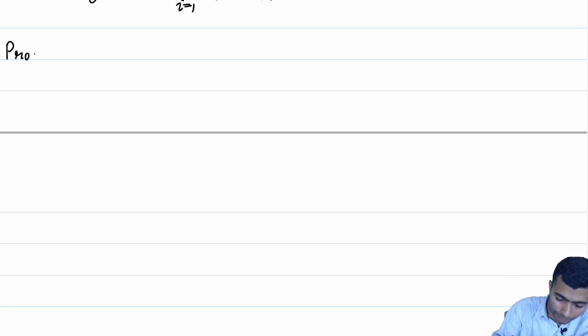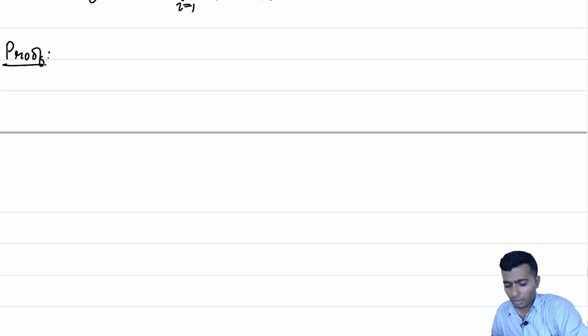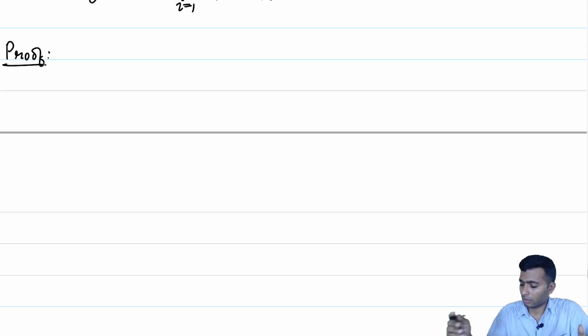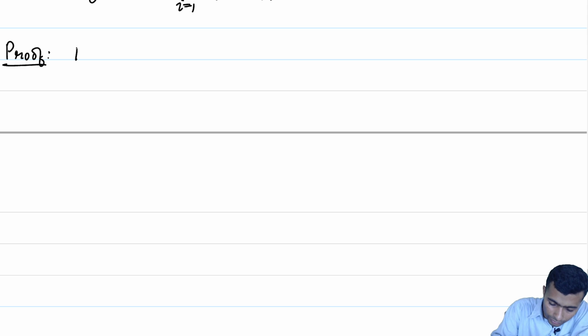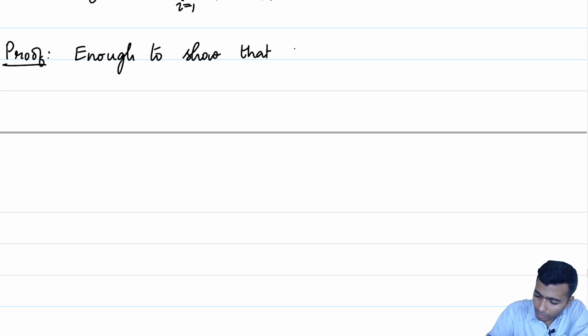Let us give a proof. So, we have n vectors F1, F2 up to Fn in an n dimensional vector space V star. So, if we show that F1, F2 up to Fn is a spanning set, then by a corollary to the replacement theorem, this is necessarily linearly independent and hence a basis. So, first observation is that it is enough to show that beta star is a spanning set.